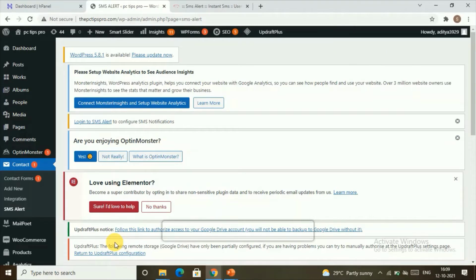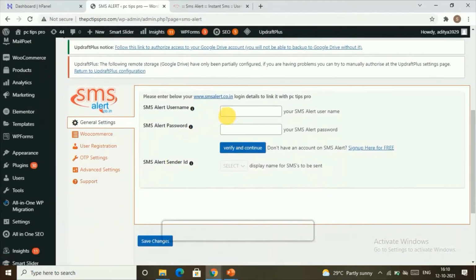So you can log into the mail that you provided in the registration details for SMS Alert. Take those credentials, your login details, and paste them here, like your username and your password, which you get in your mail. Just copy and paste them, and then click on verify and continue.